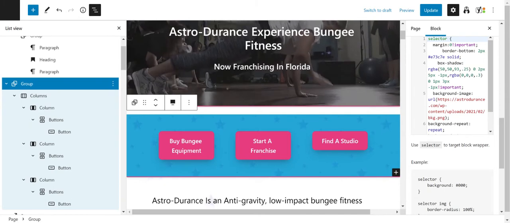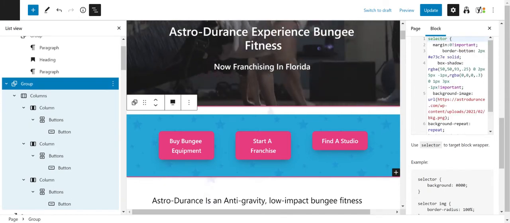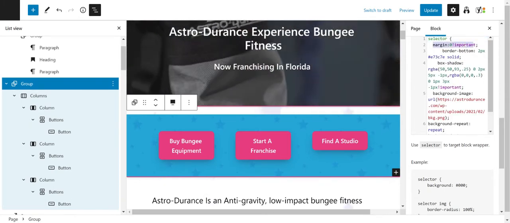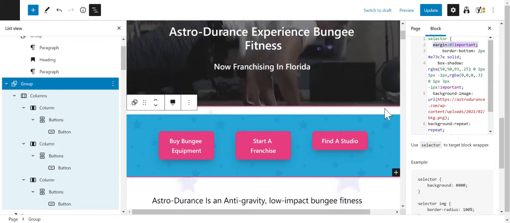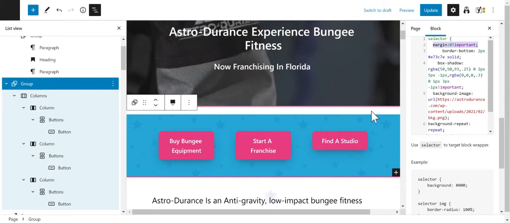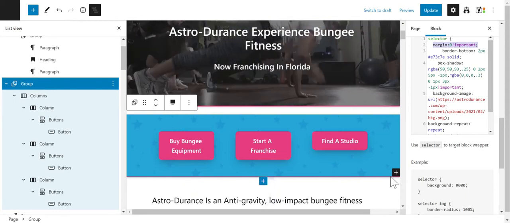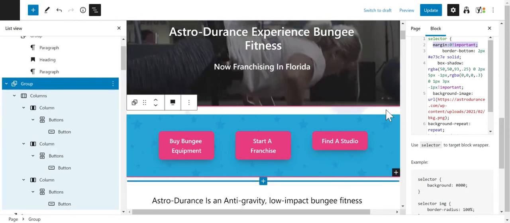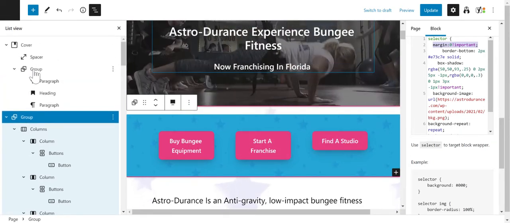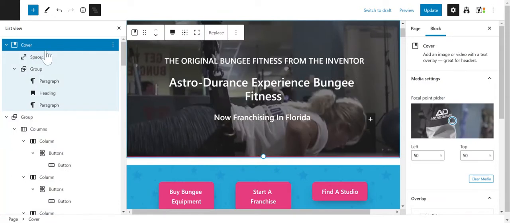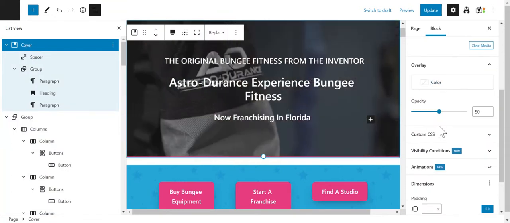So you'll see right here, it has margin 0 important. That makes this space go away on the front page because it makes a no protective barrier around this block. Same thing goes for this cover,